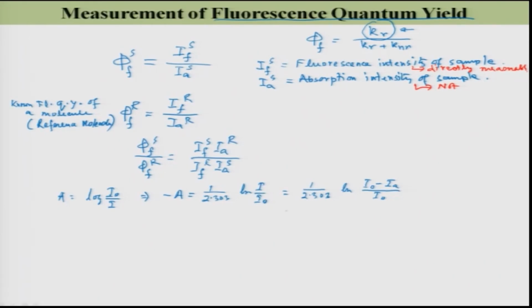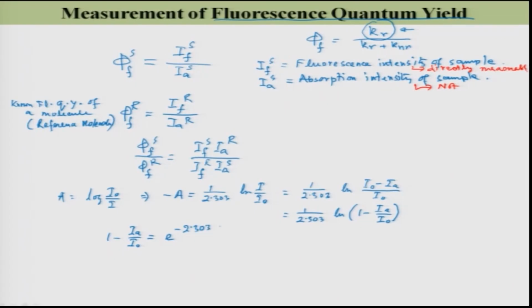So, this is equal to 1 over 2.303 ln 1 minus I A over I 0. So, 1 minus I A over I 0 equal to e to the power minus